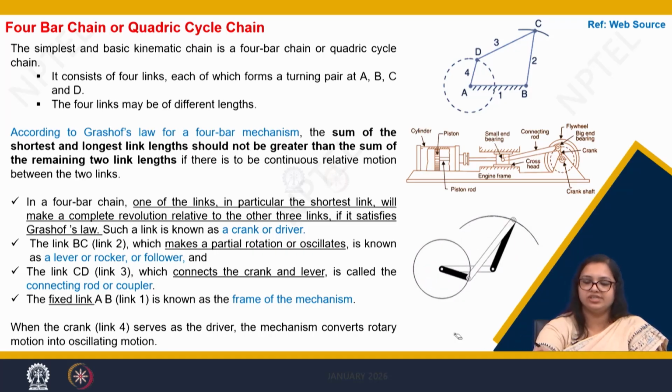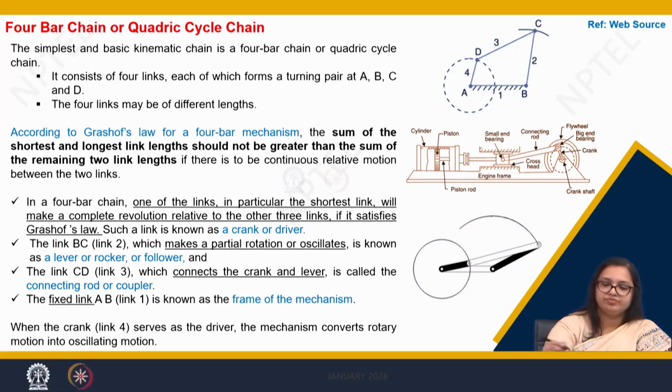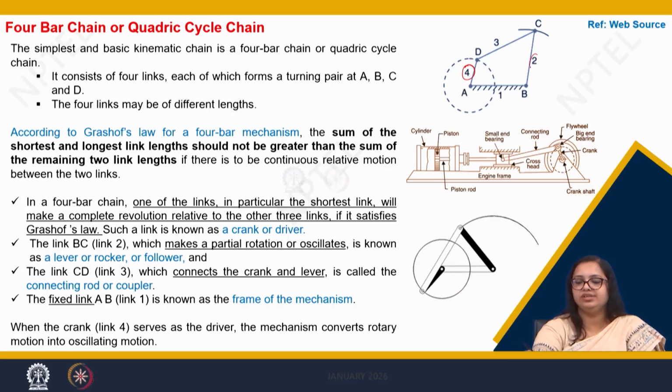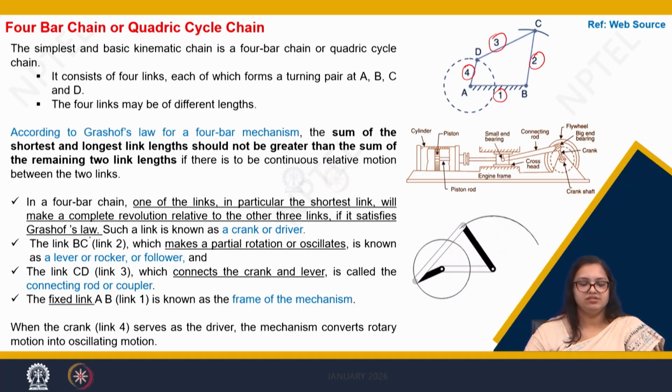So here the shortest is 4 and the longest is 2. So if we sum the lengths of 2 and 4, it will not be greater than the sum of the lengths of 1 and 3. So here what do we understand? That the shortest link will make a complete revolution relative to the other 3 links if it satisfies the Grashof law,